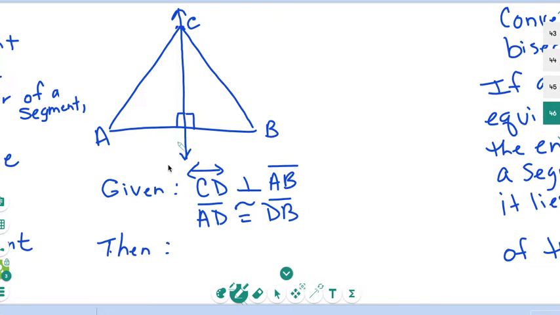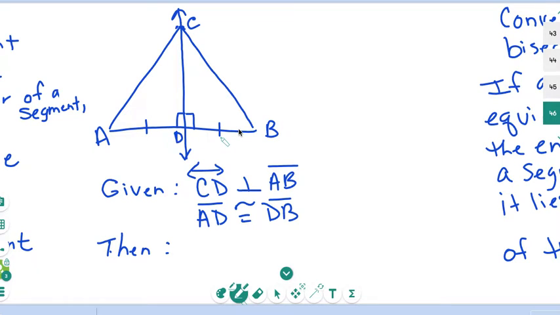So we have D here as our midpoint, and so AD is congruent to DB. If it is a perpendicular bisector, bisect means to cut in half, cut into